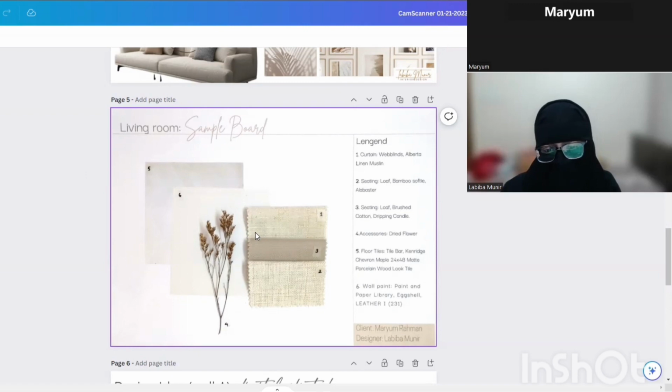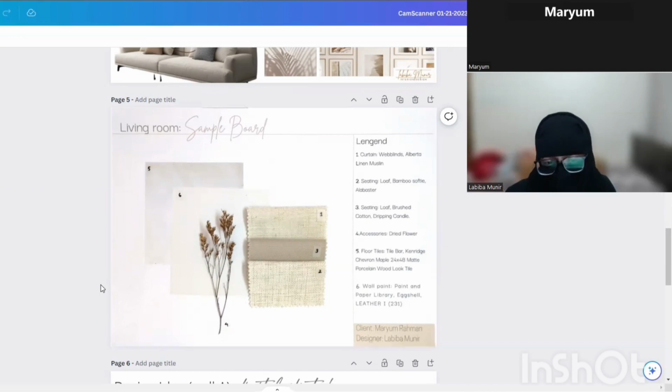I think this curtain is perfect. It has a little bit of texture and it's not too thick, not too thin. It lets the perfect amount of light in, but it isn't so thin that it doesn't give you enough privacy. I remember that the view outside the room isn't too great, so you would want a little bit of that. And as you can see, the flooring number 5 is actually porcelain tile flooring, but it